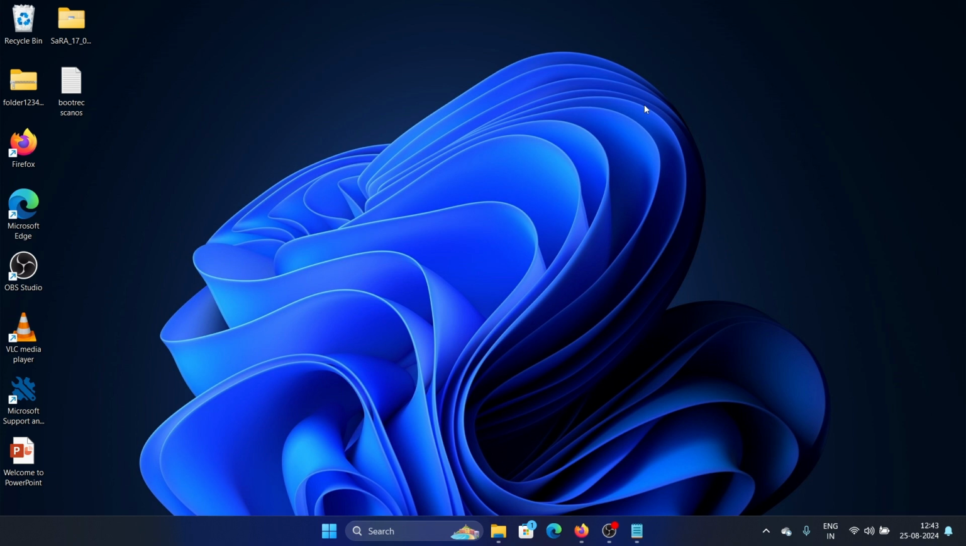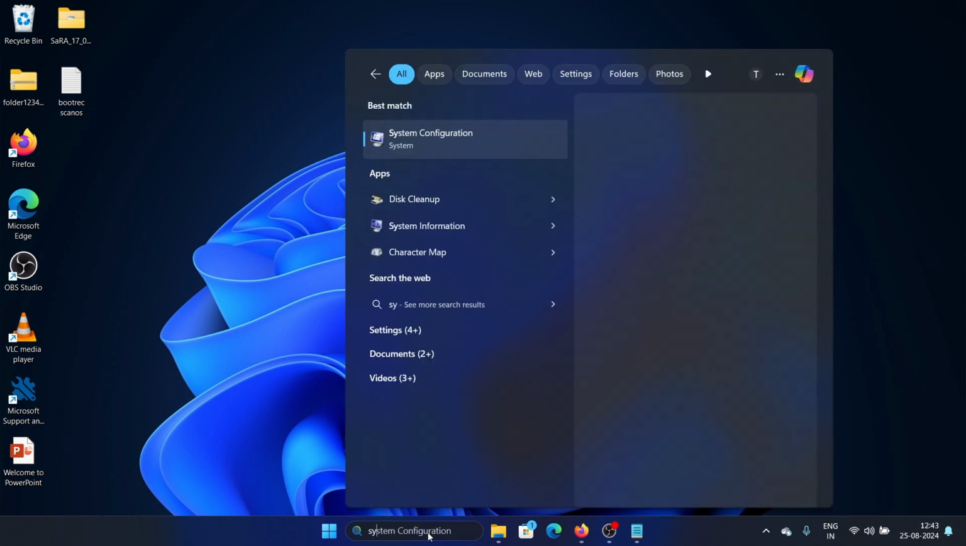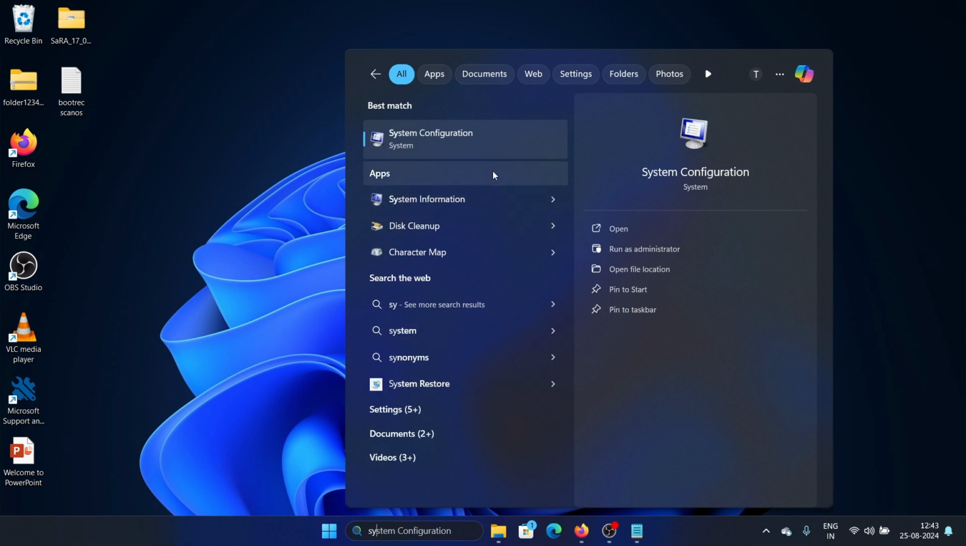If none of these solutions work, then the last solution would be to restart the computer in clean boot. Now clean boot restarts the computer only running Windows services. The rest of the third-party services are disabled so that we can find out exactly where the problem is. To run clean boot, we need to go to system configuration. So we look for system configuration in the search bar,